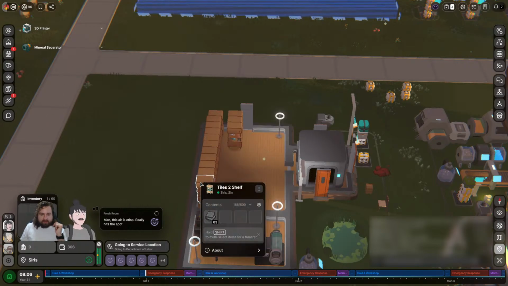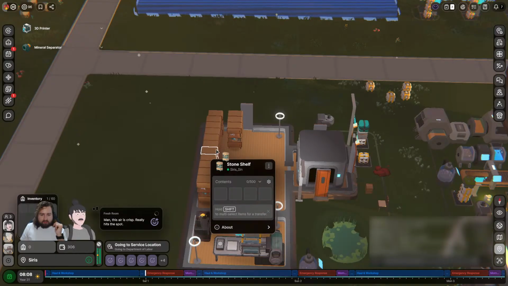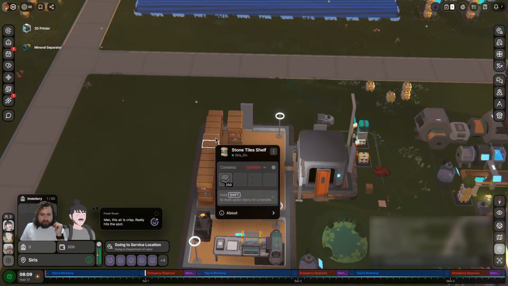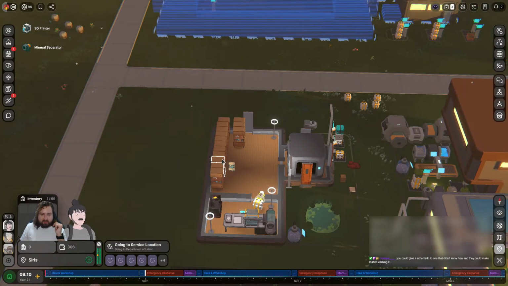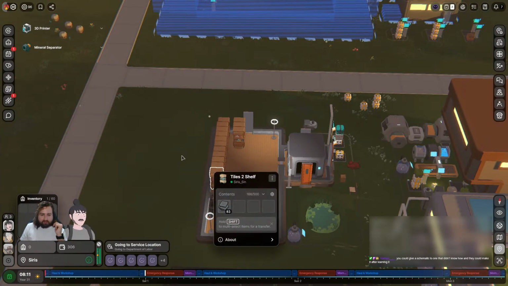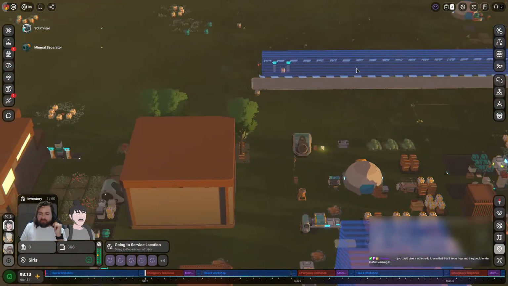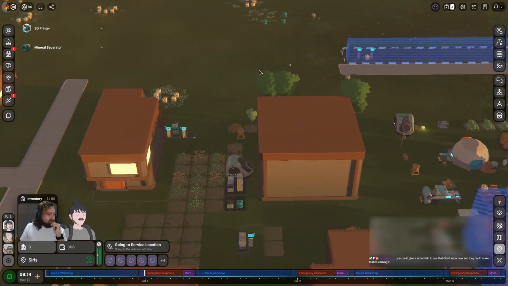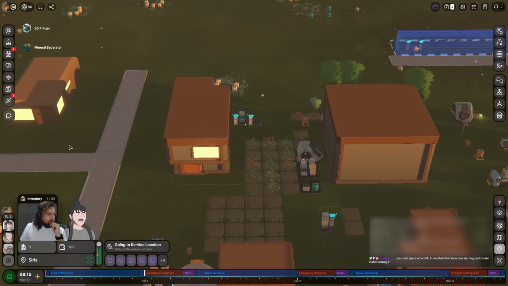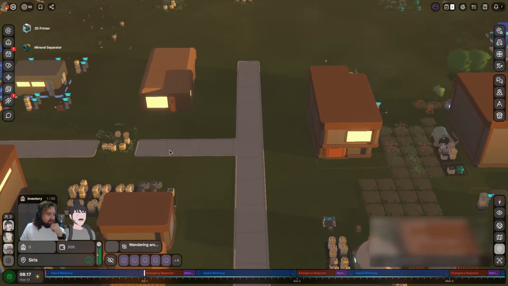See, I have enough. I might have enough of each now to finish up the wall. 83. It's like 333. Am I there? Oh, I'm so close. You could give a schematic to one that didn't know how, and they could make it after learning it.